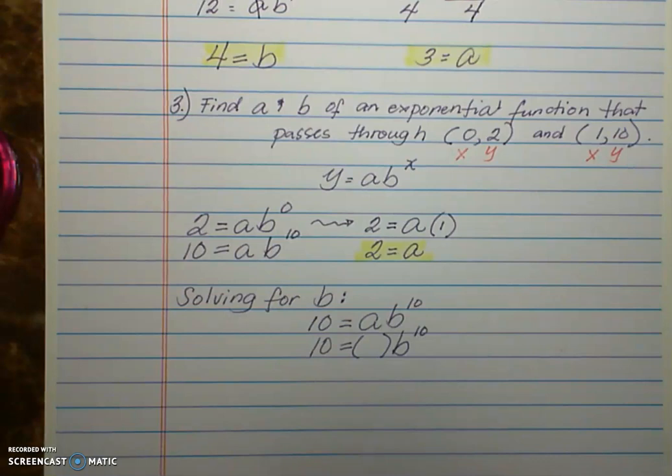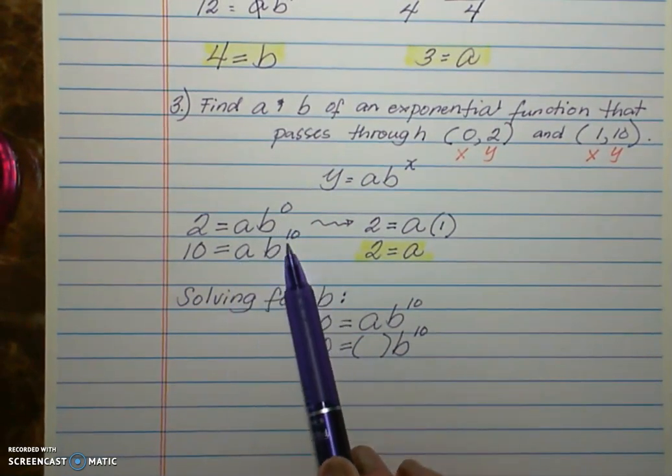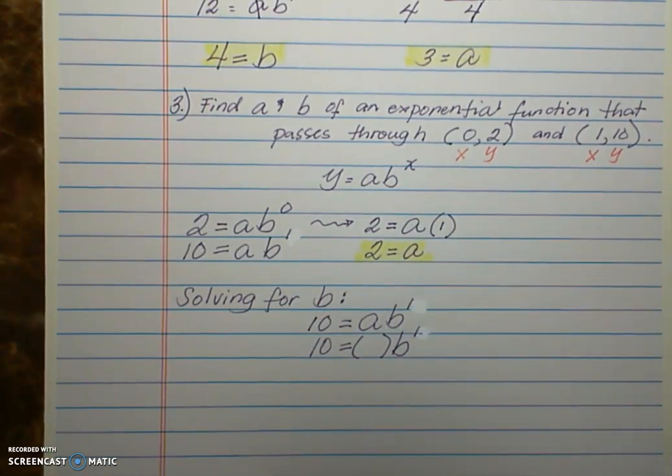But guys, I am just now realizing this. I made a mistake from the very beginning, and I'm glad I caught that right away. Right here, the power should be a 1. Okay, so 10 is the y, a b to the power of 1. So guys, it should be power of 1 from the beginning because that's our point. I apologize for that. All right, now that all the mistakes have been corrected, we're now going to plug in